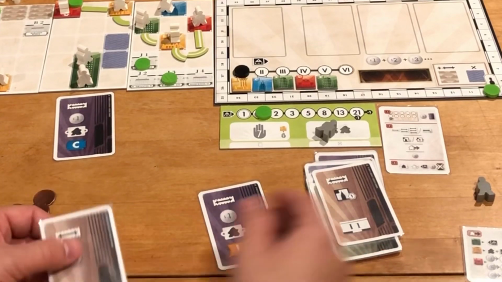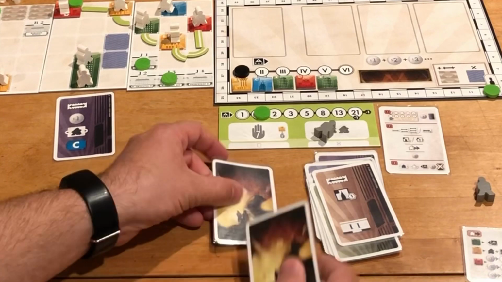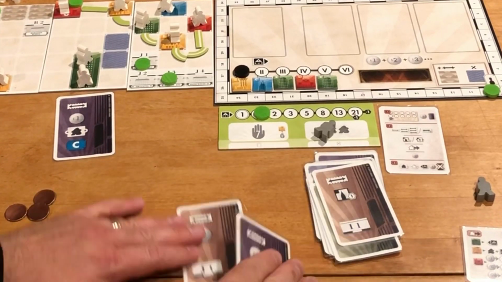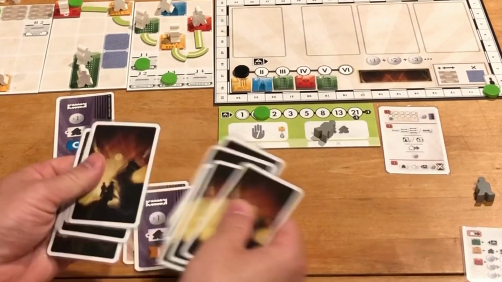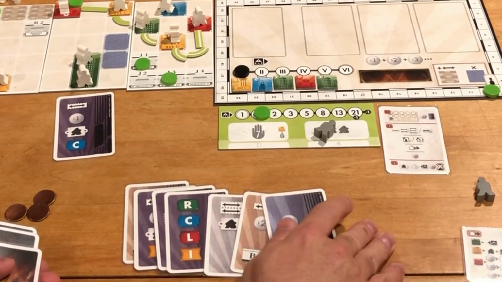And once you're done with that, you will then draw back up to your hand limit. Just like any other deck builder game, you would draw from whatever the discard pile was, adding it to any cards that you already had in your hand, then shuffling these cards, and then continuing to add until you had to your hand limit right here, which would then be 7, and you would put the rest in